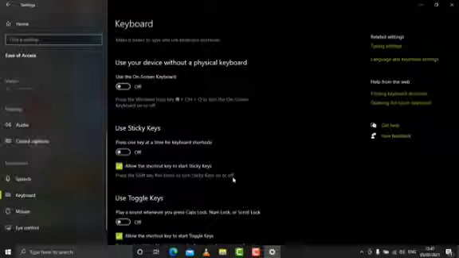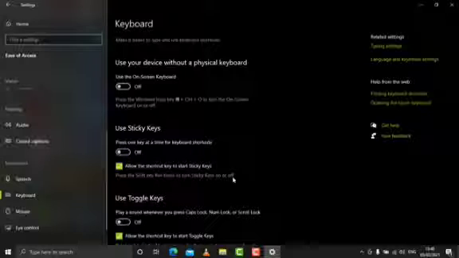The next key is toggle keys. Toggle keys mainly refers to the Caps Lock key, Num Lock key and Scroll Lock key. What it does is, as we turn a toggle key on or off, Windows 10 will create a tone, and that tone will make the person understand that the key is now active.